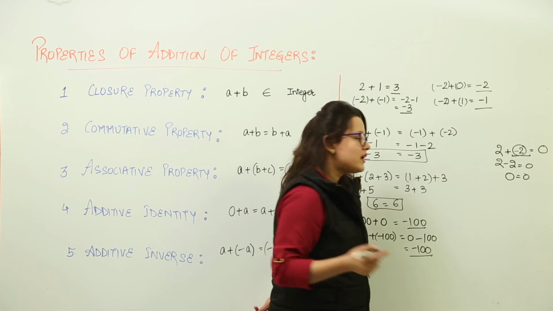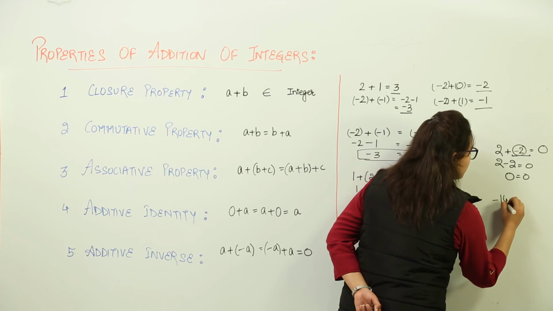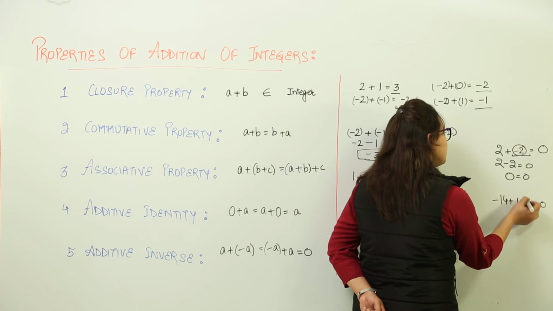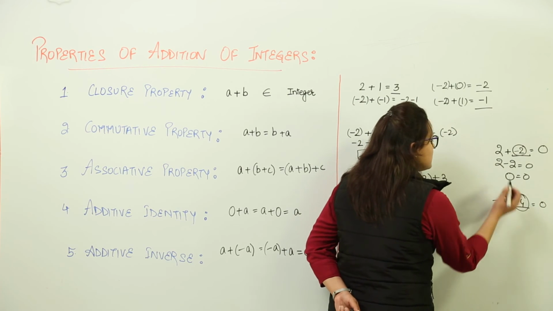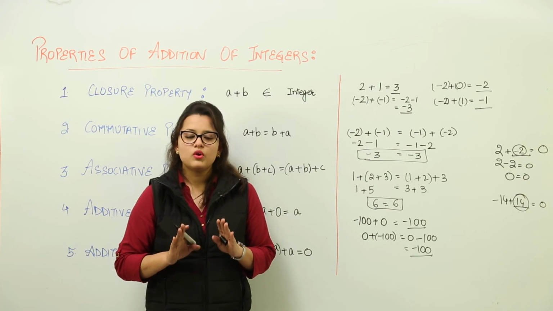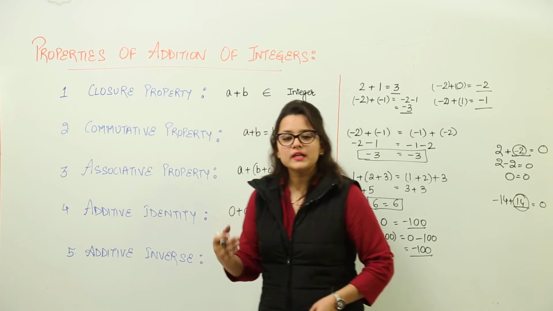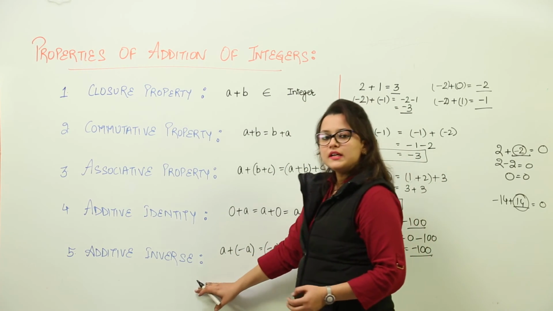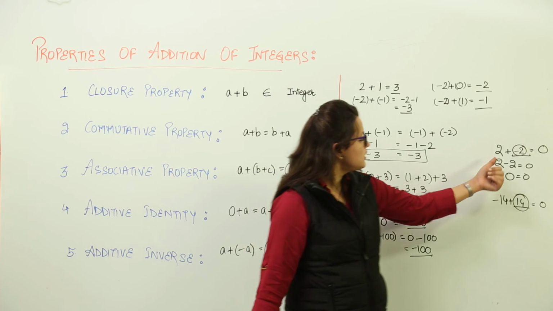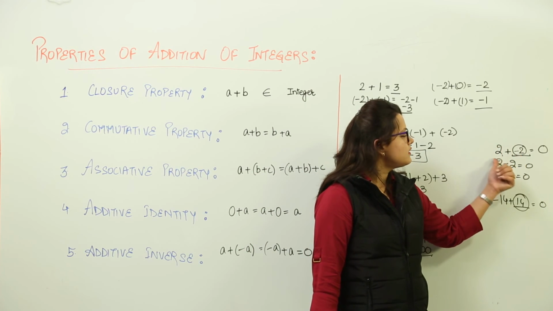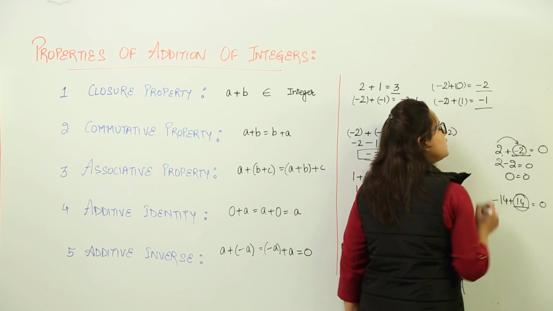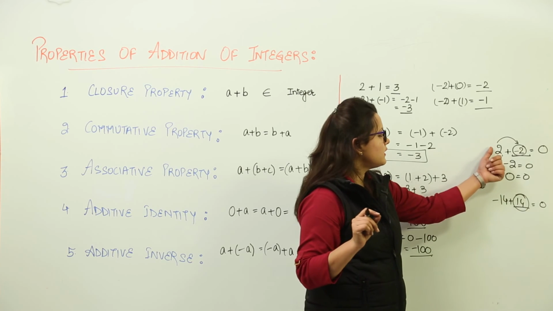That's the case. If I ask you what should be added to minus 14 to get a 0, you would tell me it would be plus 14, right? So that means these values are telling us if you are adding any integer with some sign, what will be the inverse for that integer? The additive inverse for that integer would be that integer but having the opposite sign. Over here I had a positive integer. What should be the additive inverse of 2? The additive inverse of 2 is 2 only but having the opposite sign, that is minus.